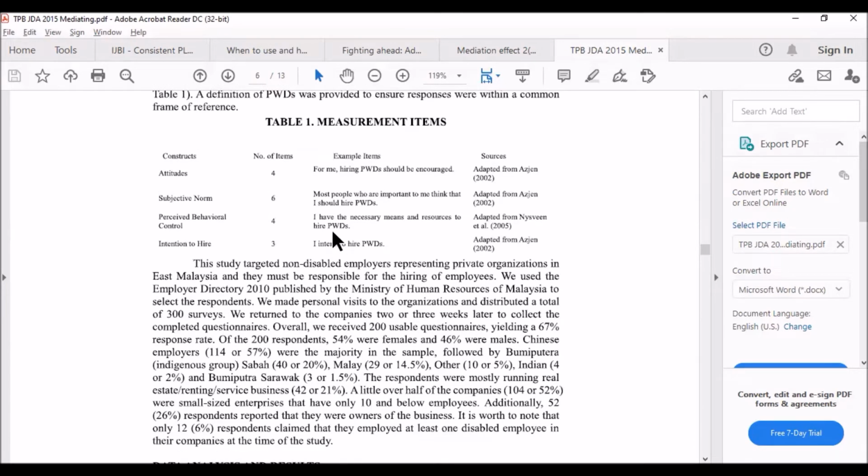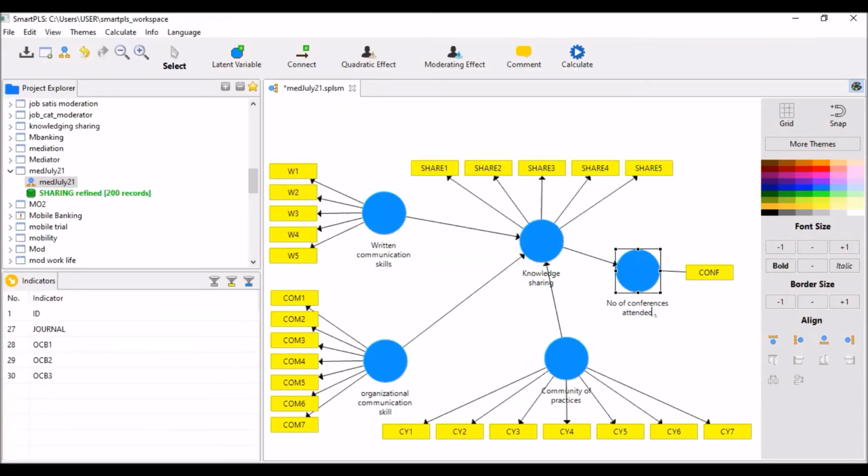Okay, so now what is the idea behind introducing mediation? First, why should I introduce mediation? Now I'm talking about the theoretical justification. How can you justify your mediation? The idea is,